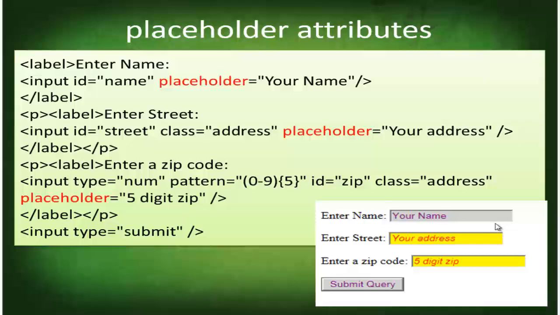There is one other thing that you can use during the validation, and that is the pattern. Now, if you want something to be typed in a particular pattern, you can always do that by specifying the pattern. So here, the pattern says that it is a number, but it must be from 0 to 5 and there must be 5 digits in the pattern. So if the pattern does not match, the pattern is nothing but